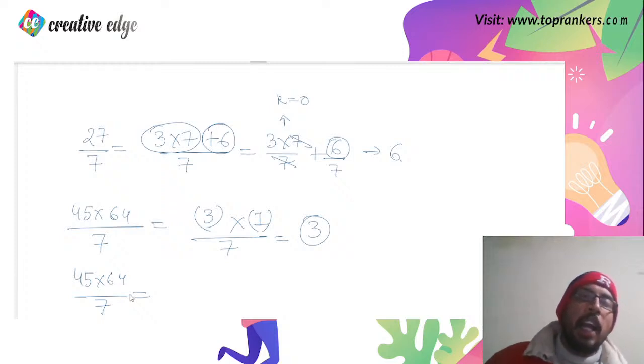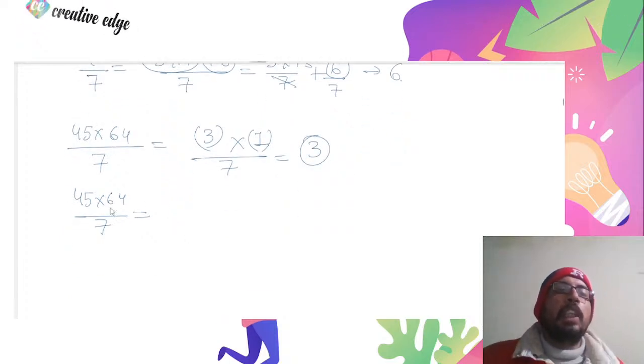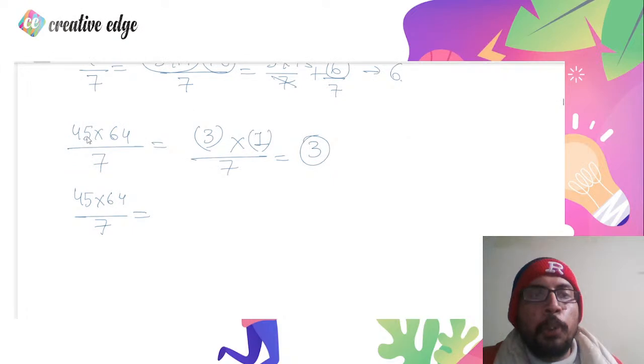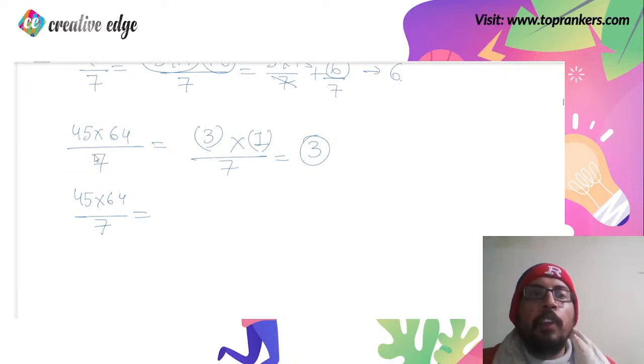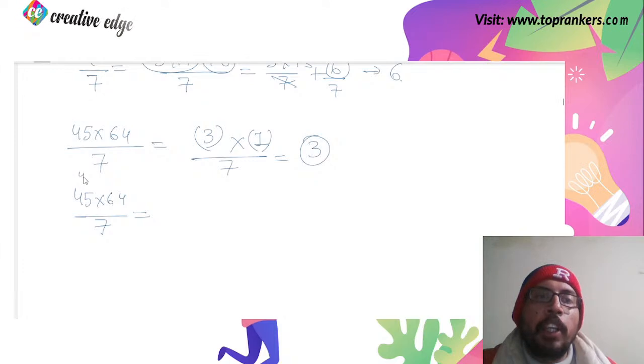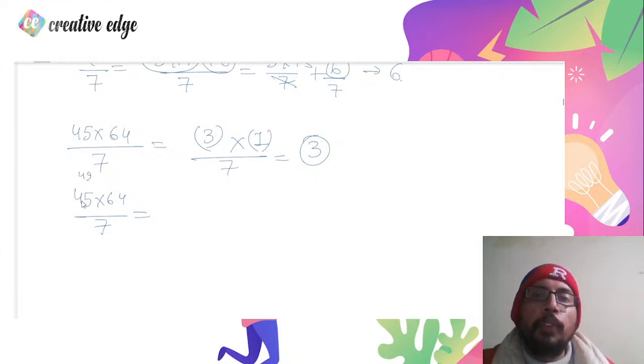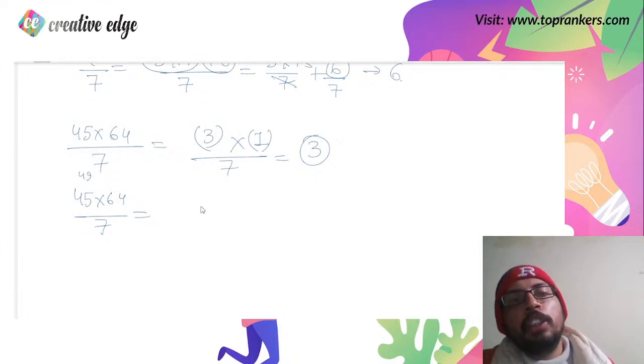Now here I had read the table up to 7 6s are 42. I can also go to 7 7s are 49. Instead of reading till 7 6s are 42, I can go to 7 7s are 49. That means this 45 is 4 lesser than 49. So this is minus 4